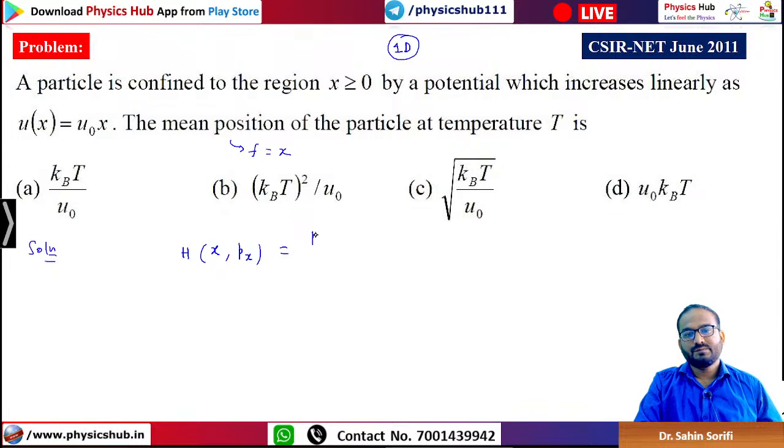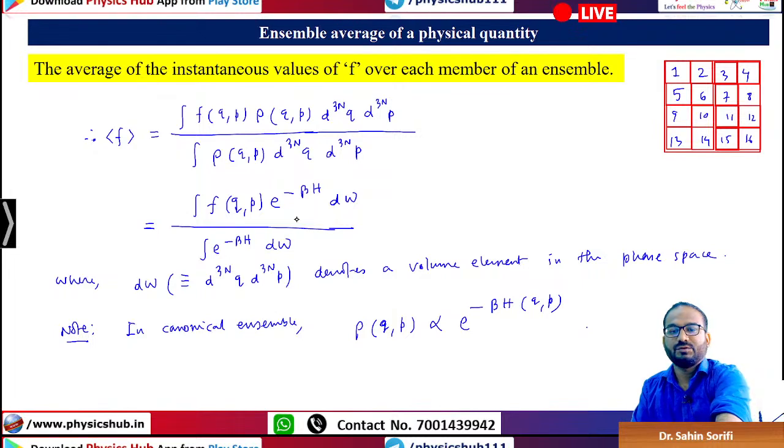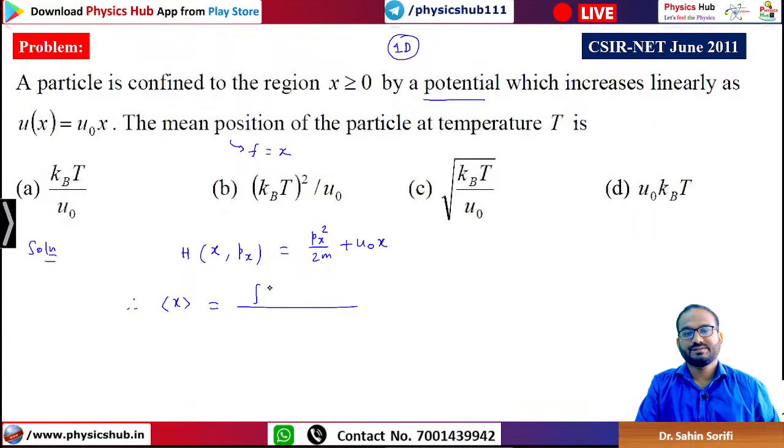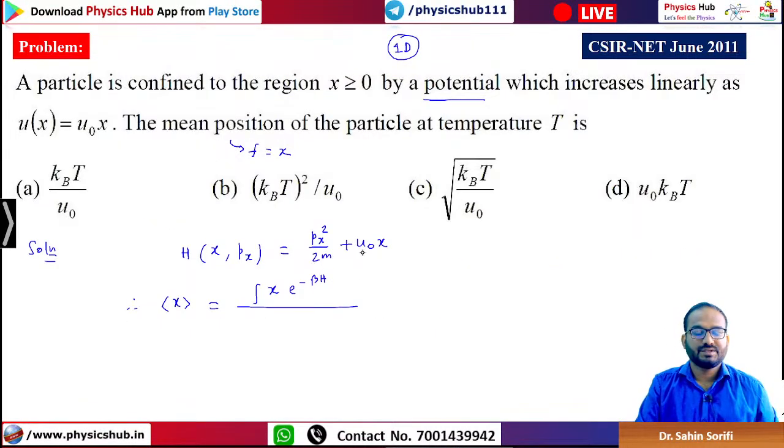So, the kinetic energy will be px square upon 2m. What is the potential energy? It will be U naught x. So, ensemble average mean position. What is the formula? Integration of f of q, p. So, f is x, e to the power minus beta H d omega. In one dimension it will be only dx dpx,